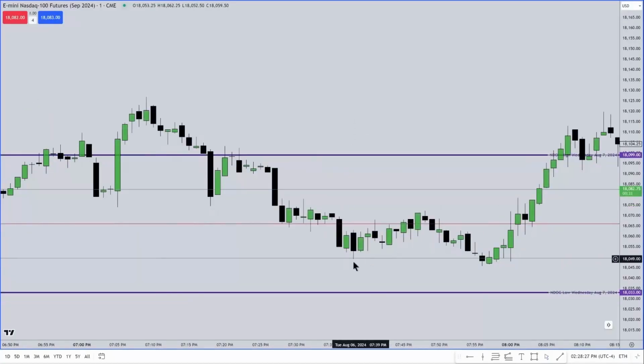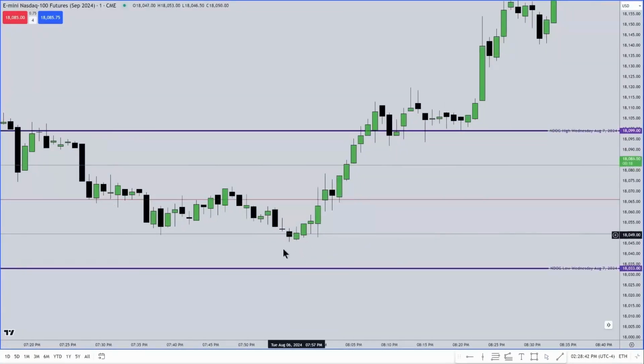Does it one more time just to take the low out, but does it come down and touch the very, very low of the new day opening gap formed at Tuesday, 6 p.m.? No. So what's it doing now? It starts to rally higher. We have this little segment of price action here that is inefficient. There's no trading down there. Once it formed this low, it starts moving higher.